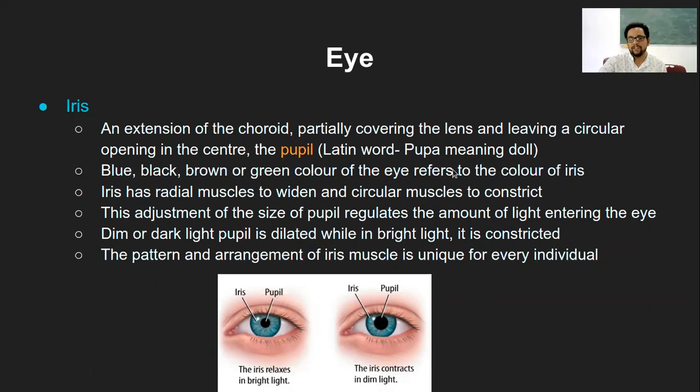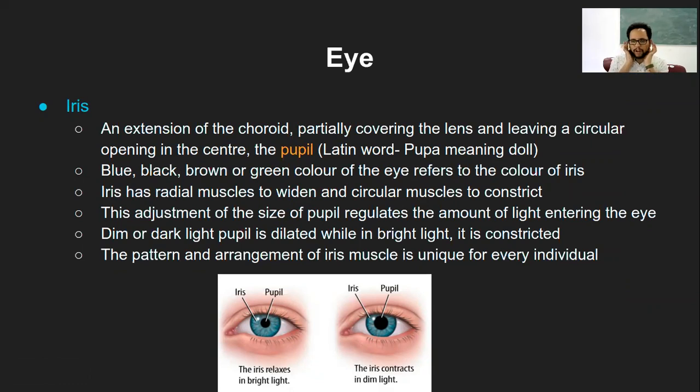And the coloration of the eyes is because of the iris. So whether it is blue, black, brown, green, gray, whatever number of colors exist, it is because of the iris coloration, and this is genetic. That means it is decided by the genes, and it is not a single gene which decides the color of the eye. Rather, more than one gene decides this color. So depending on the combination of those genes and the amount they are expressed, that's how it will show the color of the eye.